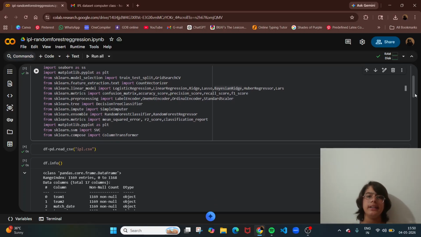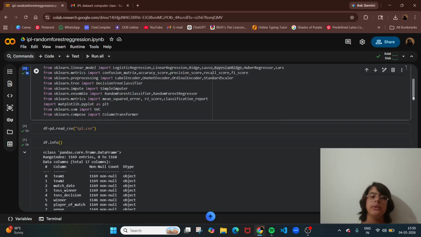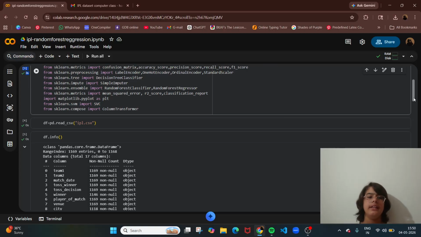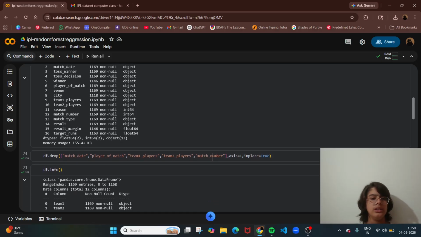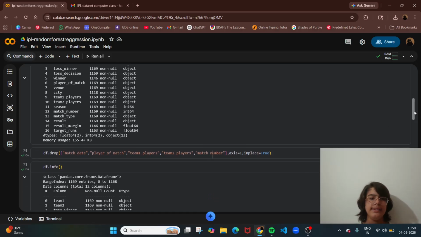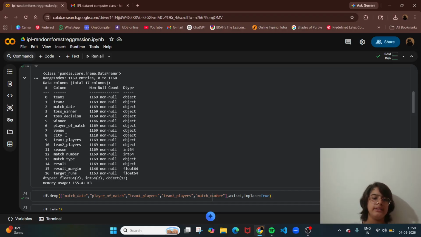Next, we have pd.read_csv. We're just reading the file, which in my case is IPL.csv. You need to put in whatever the name of your dataset is. And then there is df.info. It will give you a basic idea about the null values, the different columns, the data types, etc. Next, I read the info, the output I got,